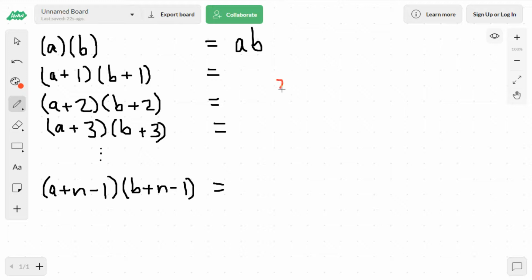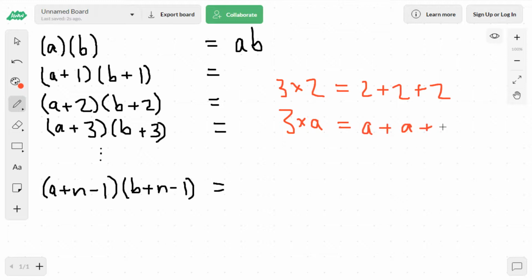If we had something like 3 times 2, then that's going to be equal to 2 plus 2 plus 2. If we had 3 times a, that would be the same as a plus a plus a. If we had 3 times a plus 2, let's say, then that's going to be the same as